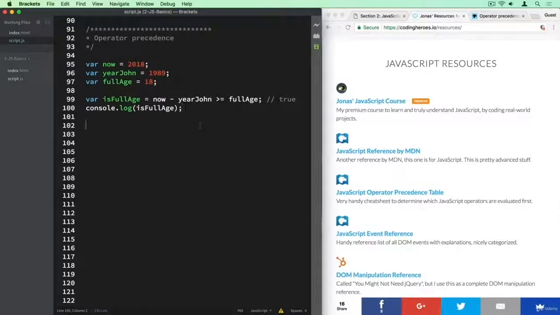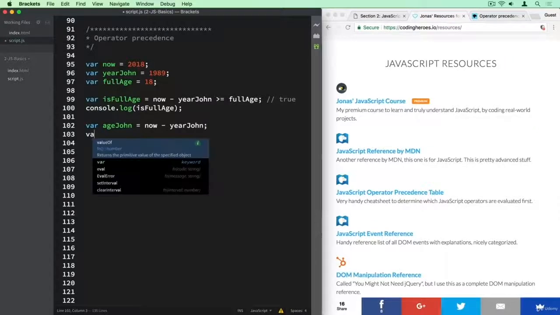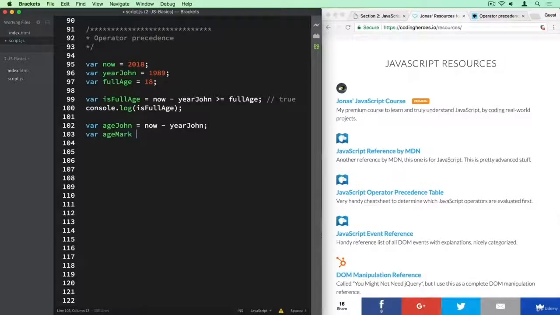All right, so let's now look at another example where we want to calculate the average age of John and his friend. So let's say age John, because we haven't really calculated it. We only calculated it here. So let's actually grab this here. So now minus the year John, and then the age of Mark. And let's just say it's 35 without any calculations here. And so the average will be